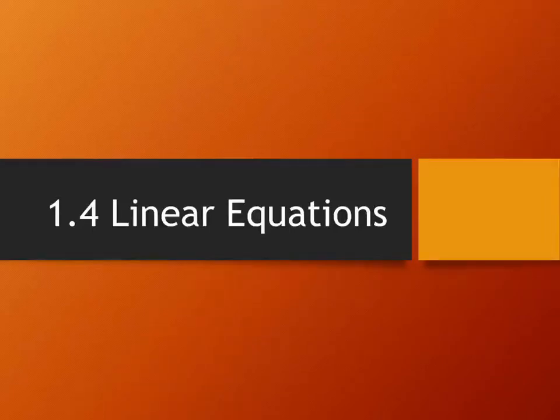Okay, so in section 1.3, we started out looking at linear equations. We looked at two pieces of information. We looked at a standard form of an equation, and then we also looked at very specific types of graphs, which would be vertical lines and horizontal lines. So we're going to expand what we're working with in section 1.4 to include other pieces of information about linear